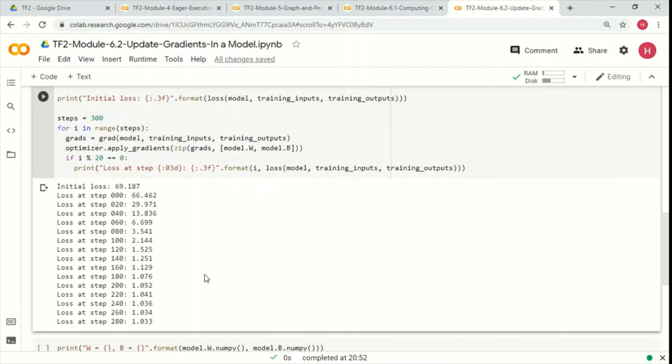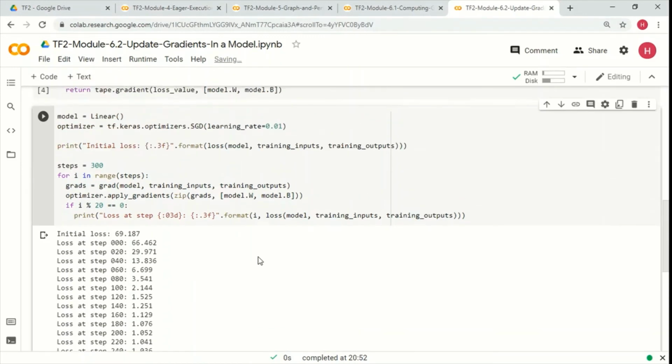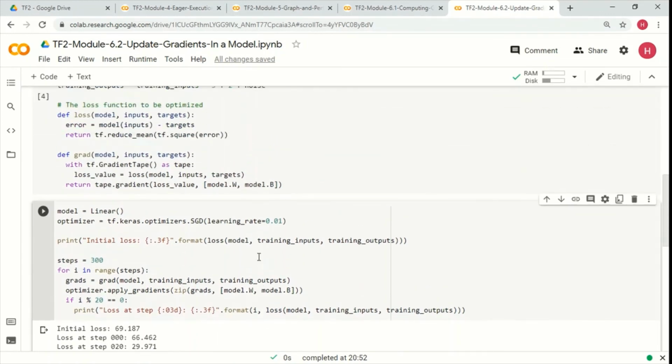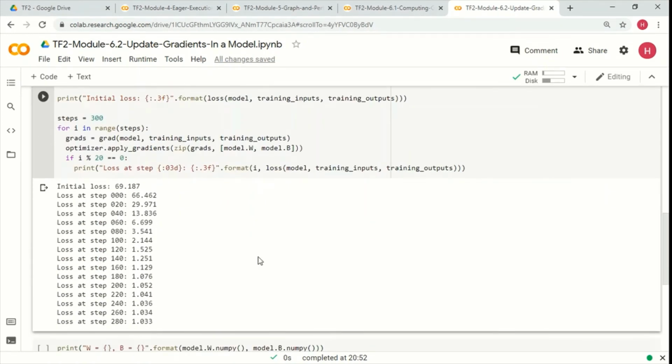And at each step we are feeding like 20 samples over here. So if the 20 steps are complete, we are printing the loss value here.